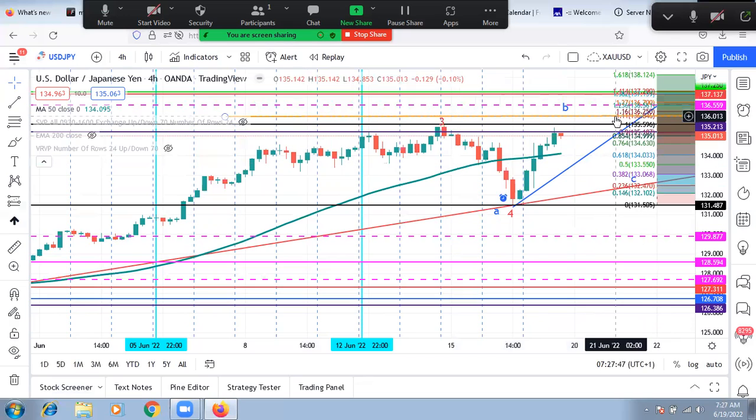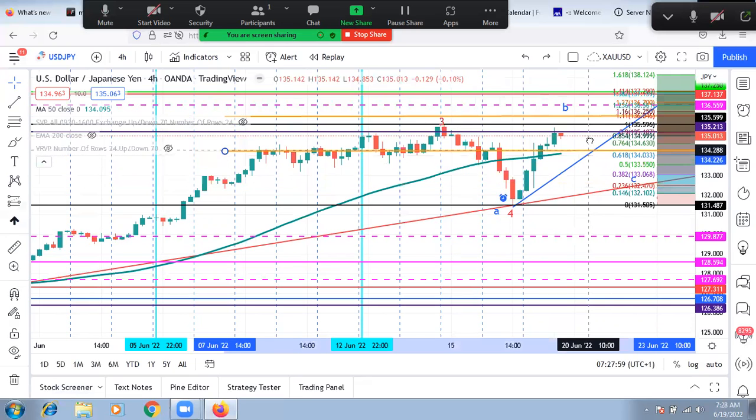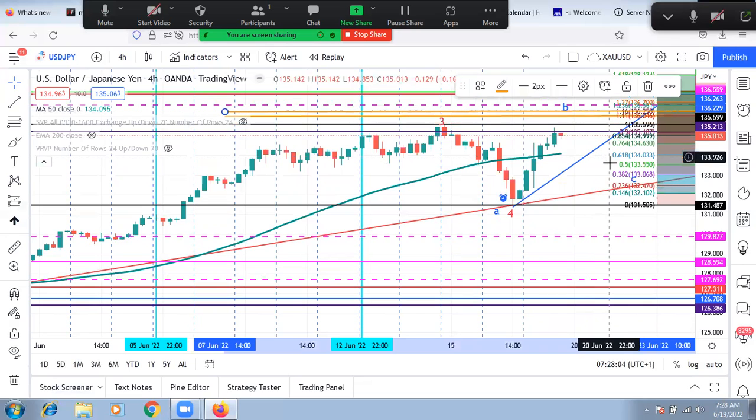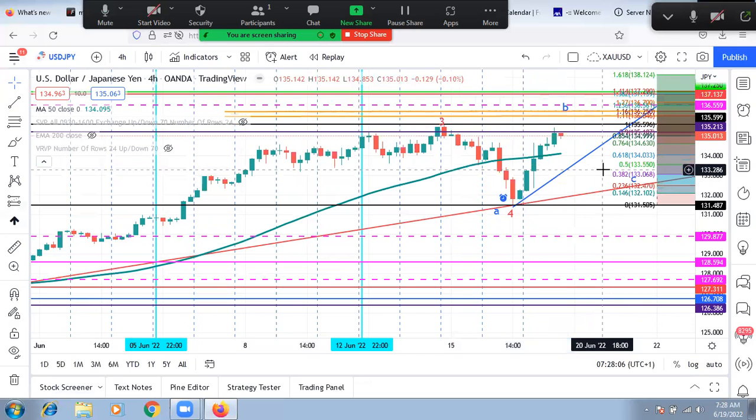Because I think it should not give us a price action here. It should not give us a price action between this zone. This zone is not where I'm expecting a price action. I should be expecting a price action at this level of 123, and